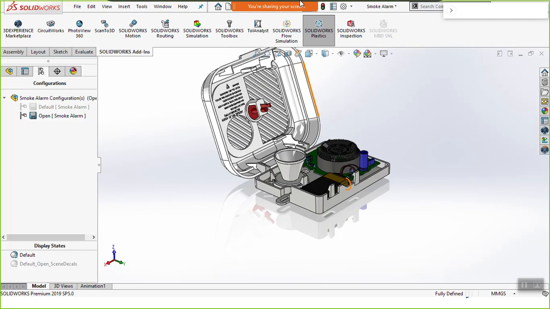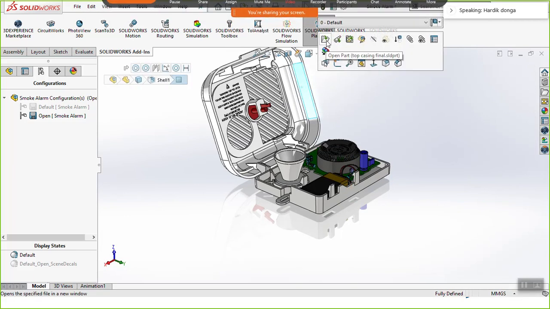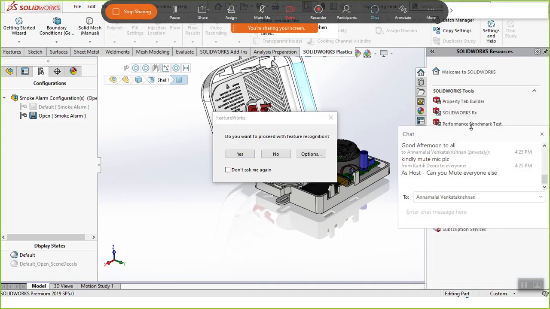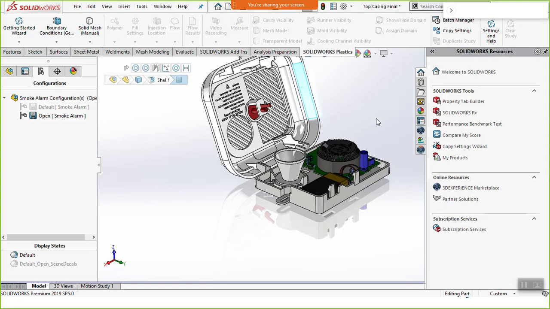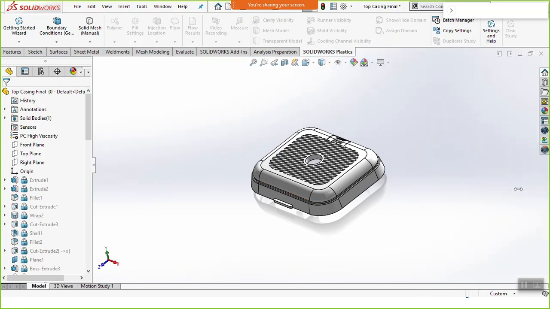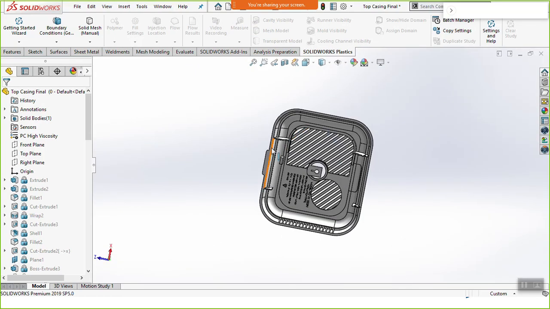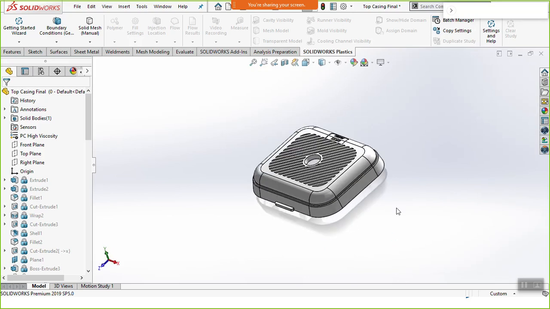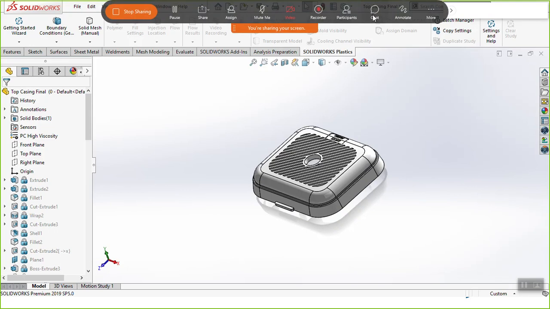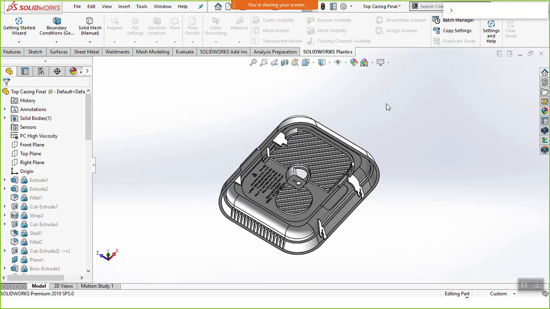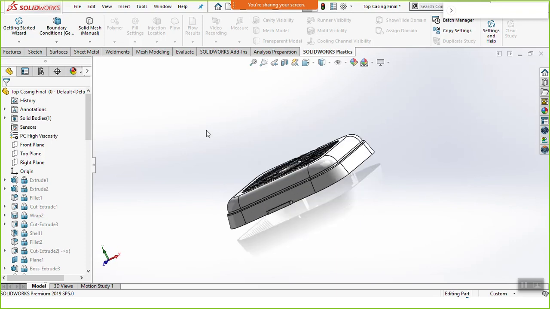So what I'm interested in right now is to open this part. And yeah, so this is my plastic part which I want to check. What should be the thickness, what should be the ejection location, where it should be placed, right? How many gates are required to fill this product completely, or are there any defects occurring on my part, right? Beforehand itself you will come to know all these things, and then you can go ahead with your part manufacturing in the machine.